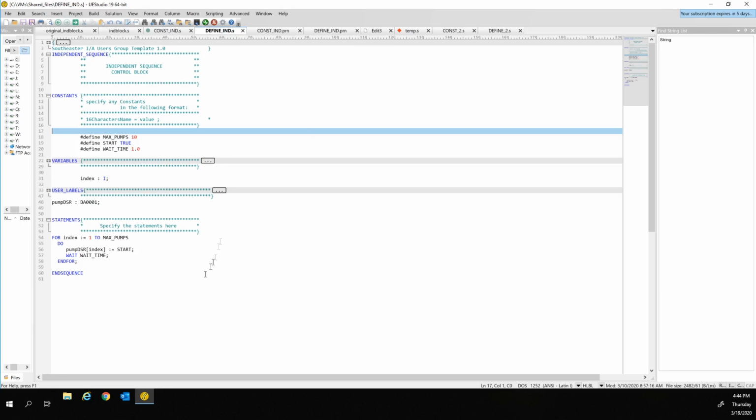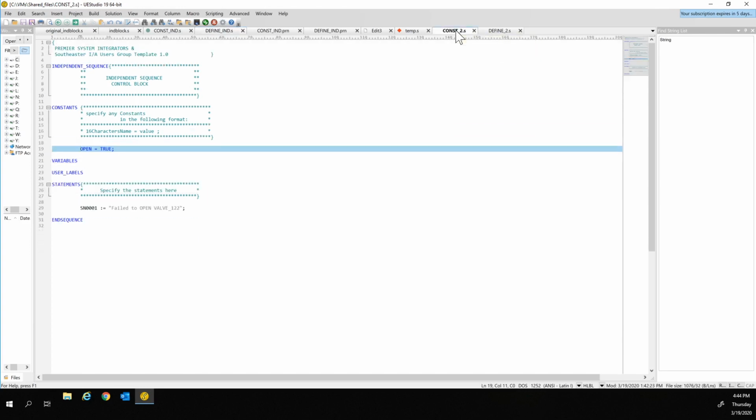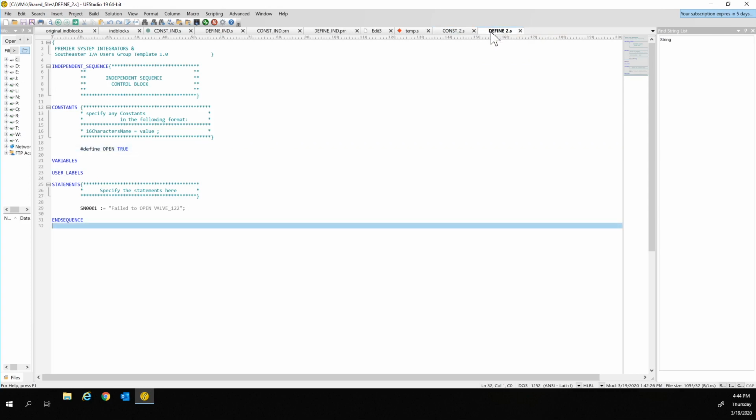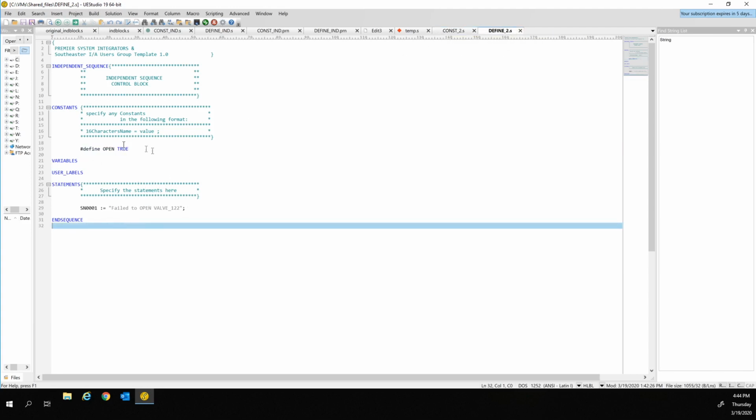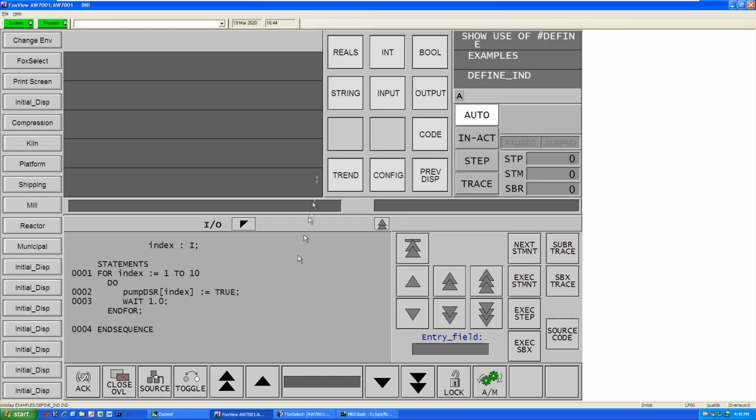One of the things that can happen is when we have code like this, which was done just for this purpose, where we have open equals true, failed to open valve, and then we come over here and it looks identical. This is the source code. Once again, here we have a constant, and here we have the pound define. But what you'll find, as we're going to show, is that when you pound define this, it does not care that this is in quotes down here. And so even though your source code says failed to open valve 122, let's go and look at this in our control processor,